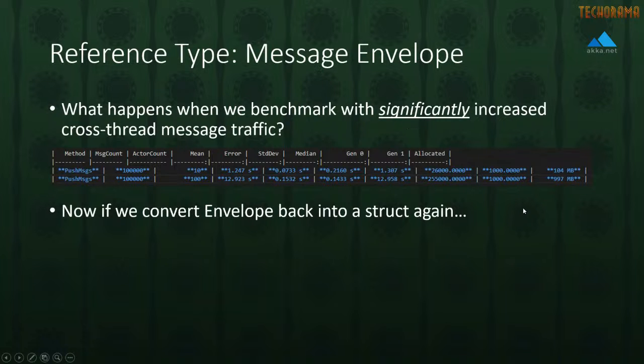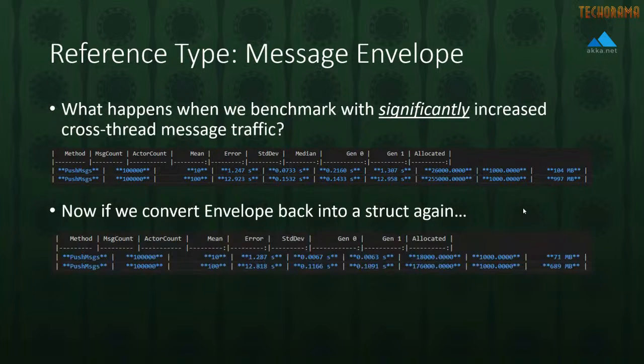What happens if I convert an envelope back into a struct again? Well, lo and behold, I'm seeing my 33% memory savings that we saw earlier happen again as well. We go from using 104 megs to 71, go from using 1 gig to using 2/3 of one. And the issue in this case is that that cross-thread access actually makes a difference in terms of our total